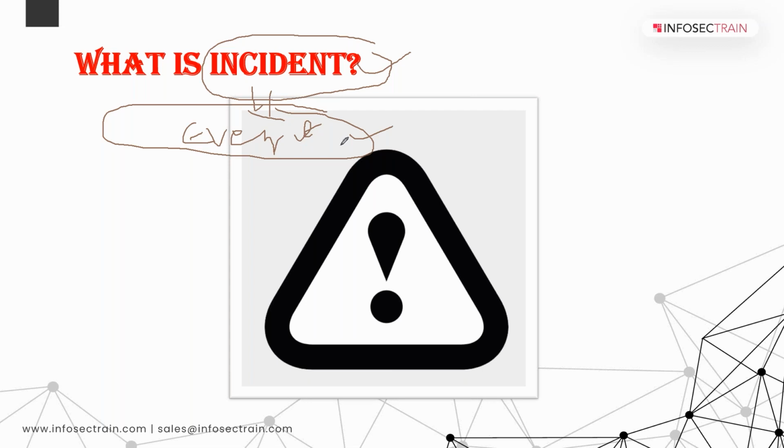Incident is kind of like a tool, where you can use it for any asset.